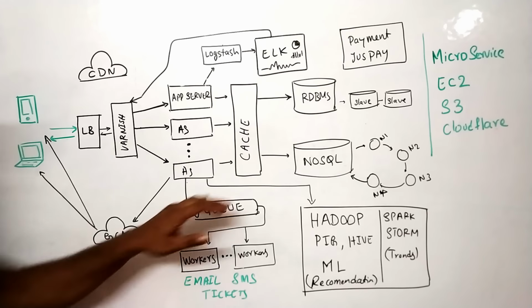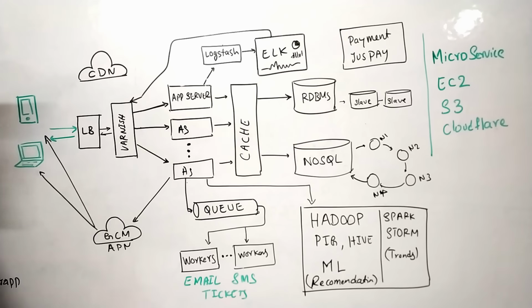So going forward to the DB, you can't just use one kind of DB, that is RDBMS or NoSQL. It always works good with the combination of RDBMS plus NoSQL. So what we can actually do is, in case of this particular BMS or ticketing system, we need ACID property